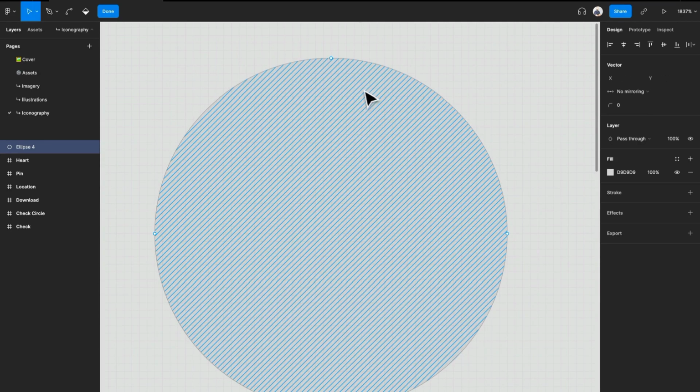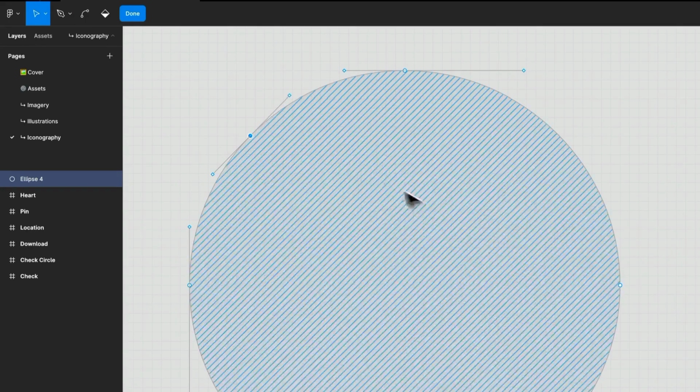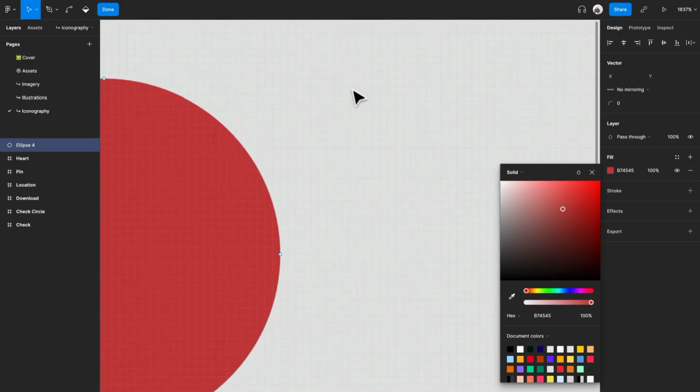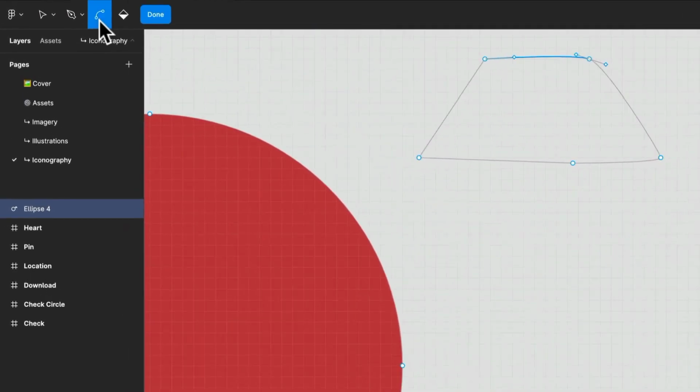I can also plot additional points by using just the pen tool if I want to. And I can also adjust fills. I can add Bezier curves, which will allow me to curve. So say I have, let's start from scratch here. If I have my own pen tool and I make this weird shape, I can do that. And then I can come in and grab one of these curves, the Bezier curves,